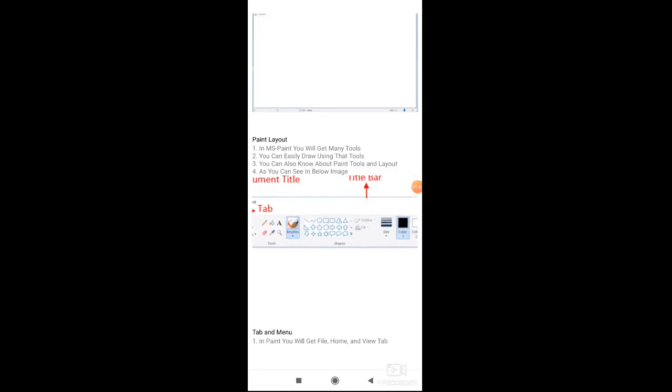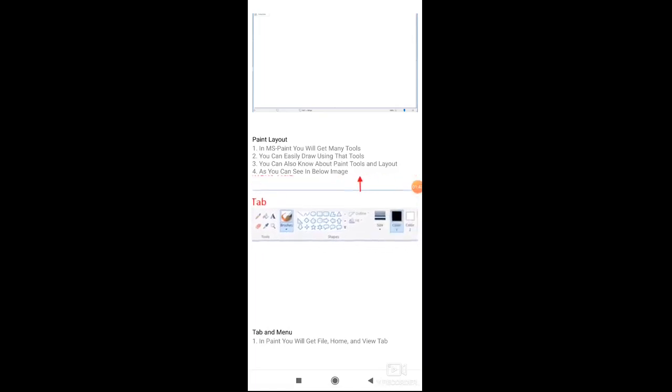From this shapes group in the ribbon I described to you previously, you may choose any shape. As you can see, there are many shapes given like line, arrow, oval, rounded rectangle, then triangle, cloud, star.